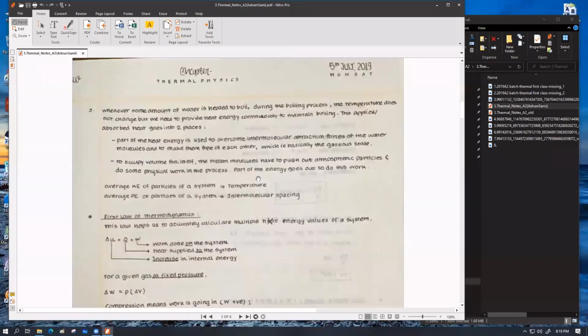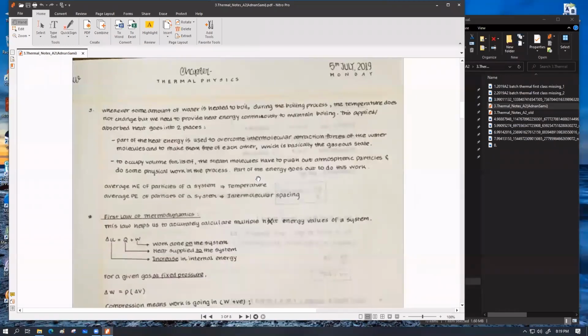to push out the atmospheric particles out of its path and make their own space in the atmosphere, which means the atmospheric particles have to be pushed outwards to make the space available for the water molecules themselves. So these water molecules will also do some work in the process of pushing out the atmosphere to make their own volume so that they can exist within the atmosphere. So in the process of moving the atmosphere away, the vapor molecules will also do some work, and the amount of energy required to do this work should also be provided from the heat source of the cooking pot.